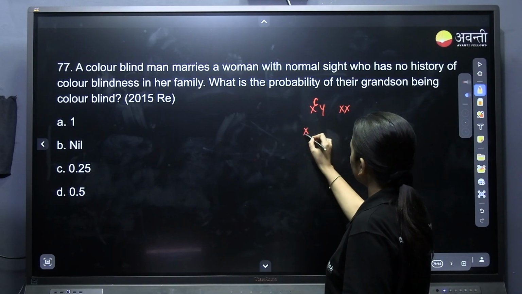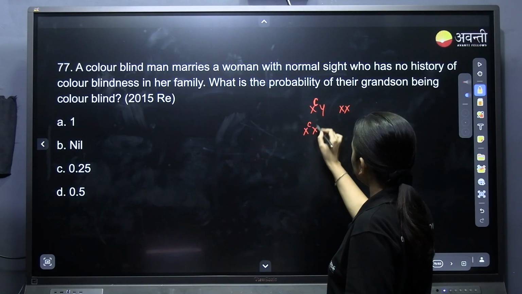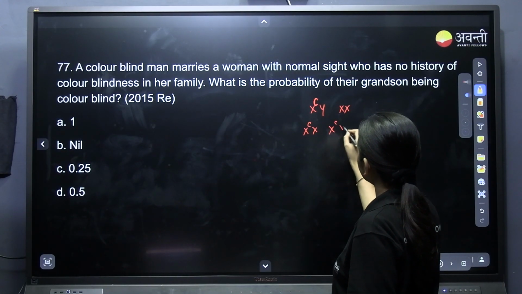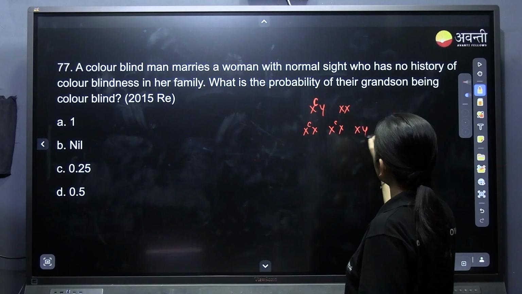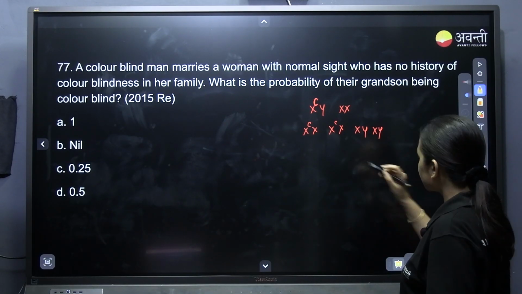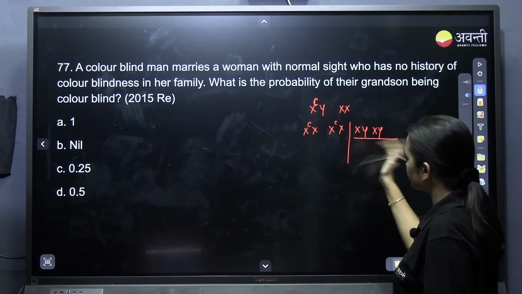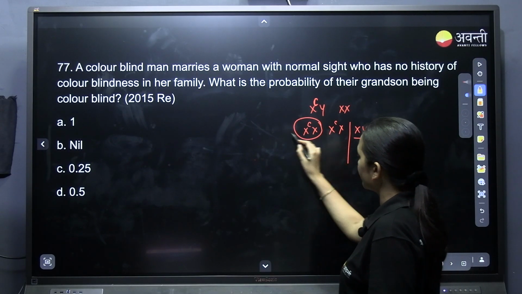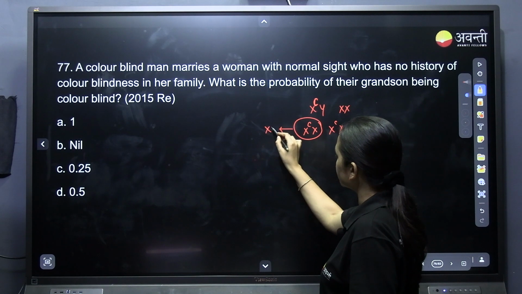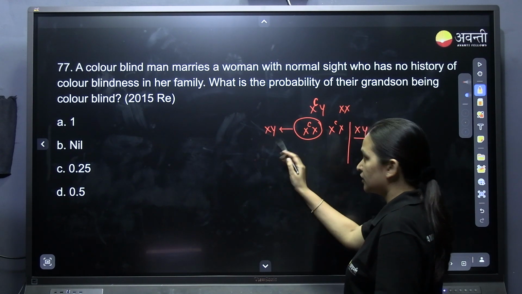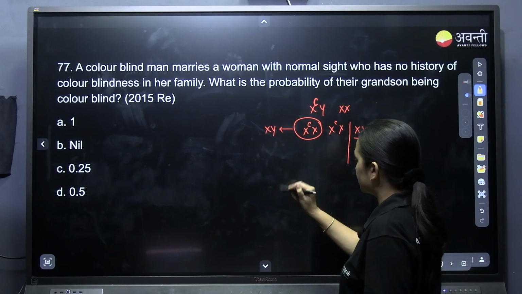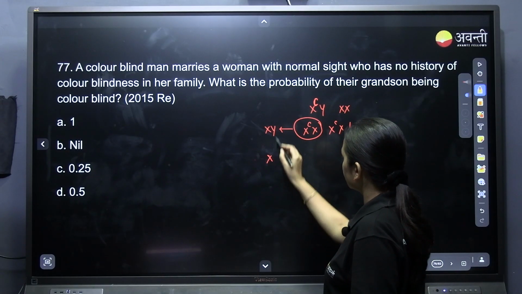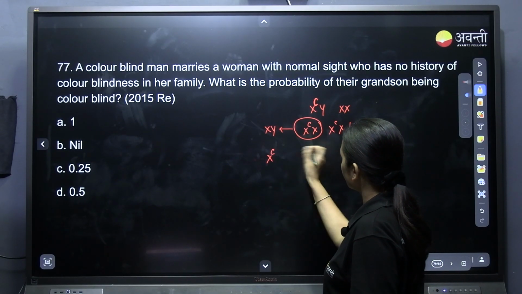Grandson. Okay, now just see. Both the sons are normal, so leave them. Their daughter, same genotype, I will take one, and she is married to a normal individual man. So now if you see,